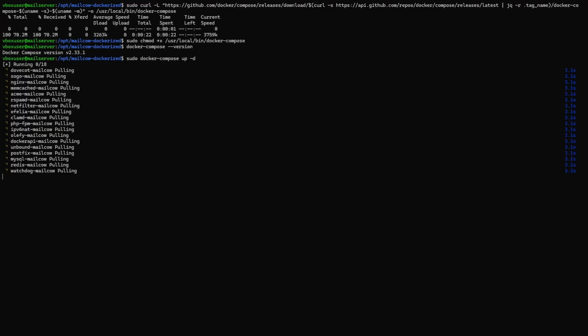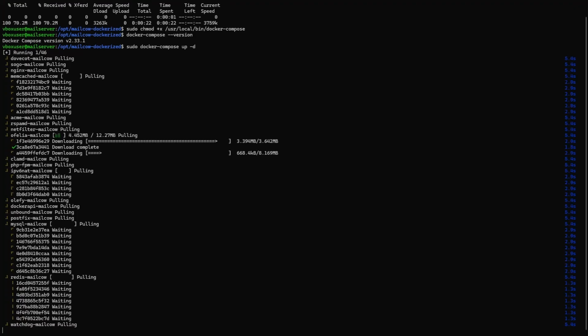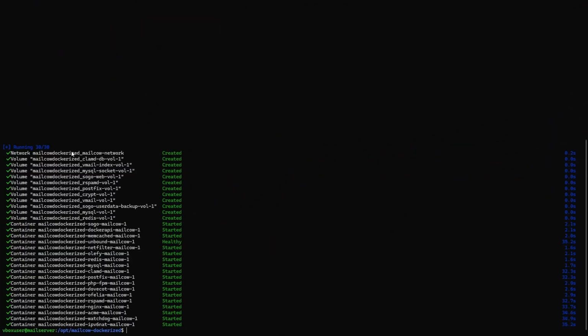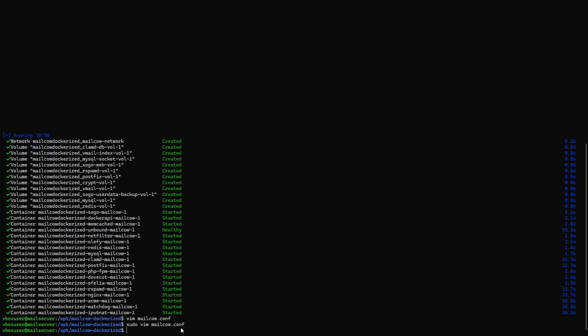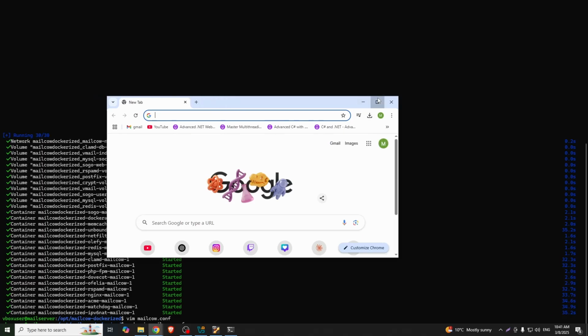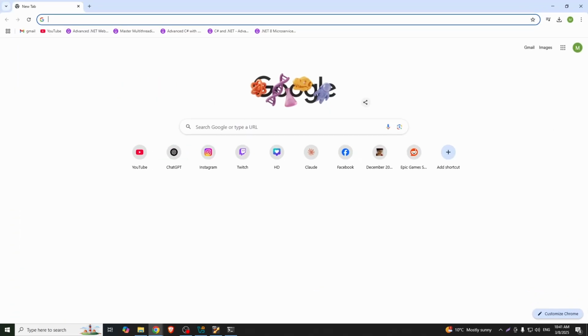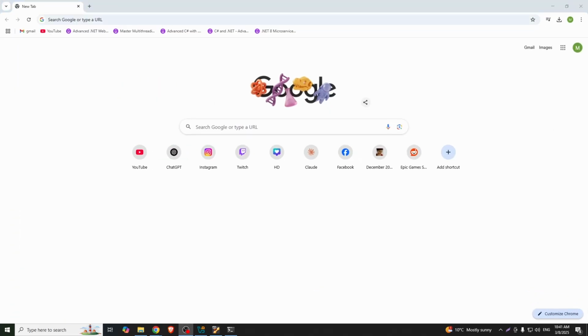Okay, so now it's pulling all these. When it's done, you will see a message something like this. Because we run in detached mode, these containers are all running in detached mode. Now let's see if it works. Okay, we will try to open it on our machine. So how do we do it? Because we have specified